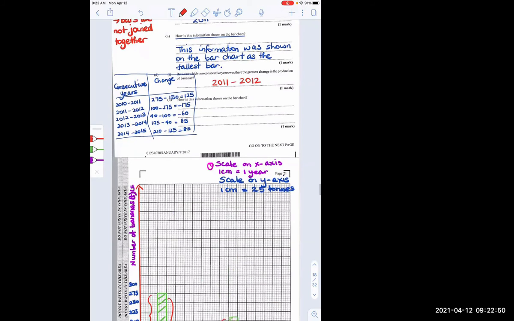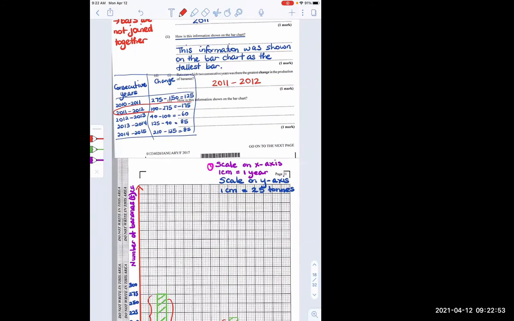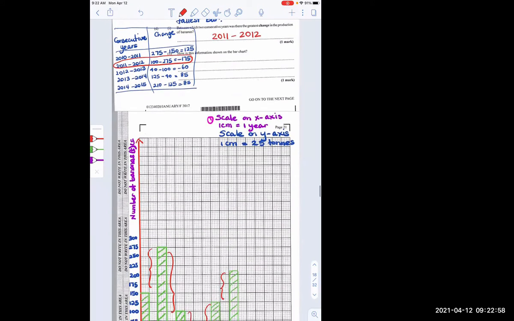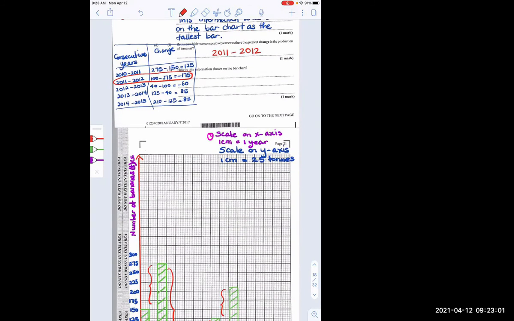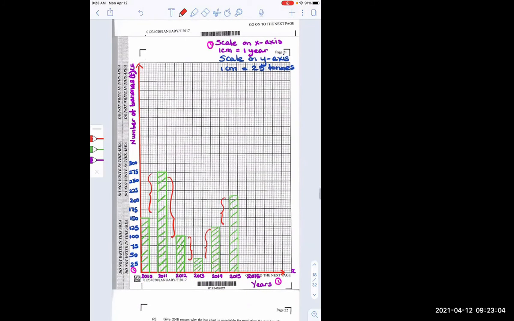2011 to 2012, right? Because this value, we will ignore the negative sign. This value had the greatest change. They ask for the change. The change could be a positive change or it could be a negative change. So the change could mean that the production of bananas increased, or it could mean that it decreased, right? And here we see that between 2011 and 2012, there was the greatest change. Hence,